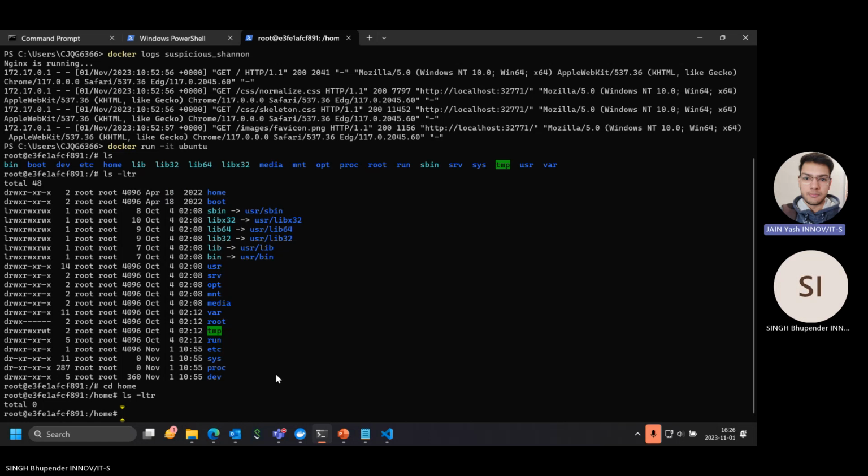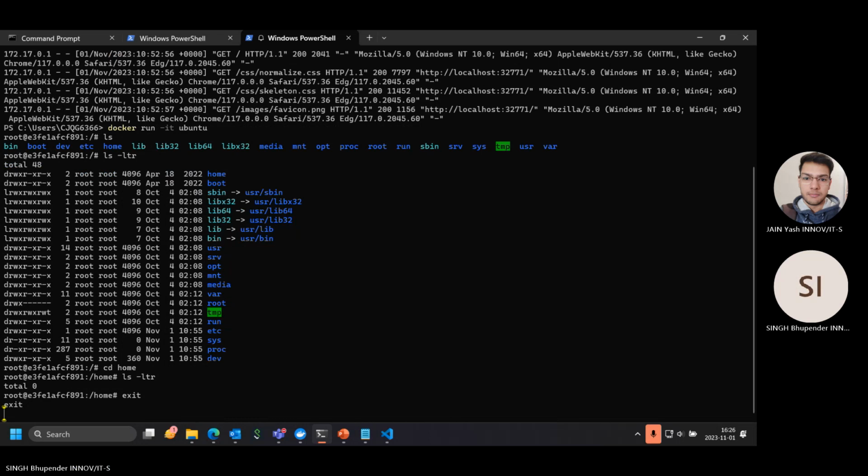Another thing is, suppose I have three applications running on Docker, each in its own container. That means I have three containers and on each container one application is running. Now I have to check the configuration of the second application, not the first, not the third, only the second one. Then how can I go to the backend or the terminal of that second application? For the second application, we can use the attach command, I think.